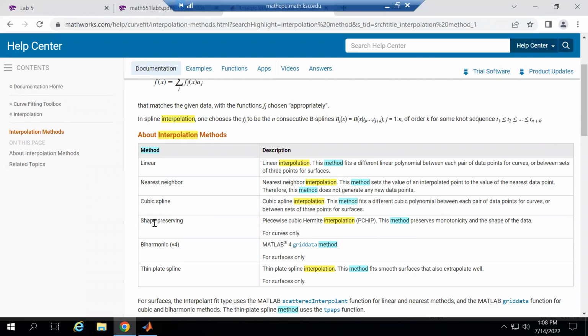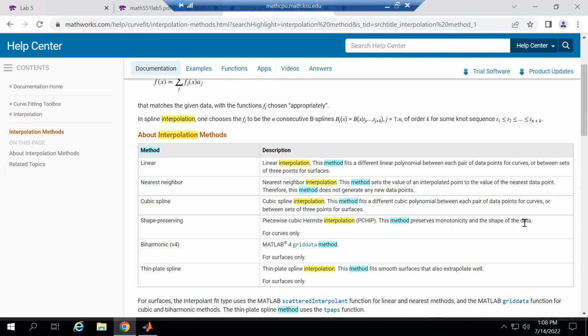This method acts similarly to the cubic spline method because it also uses cubic polynomials in this interpolation, but it is more accurate than the cubic spline because it preserves the monotonicity and the shape of the data. So what is monotonicity? Monotonicity is whether the function is increasing or decreasing. It will preserve that, and it will also preserve the shape of the data. So it means that